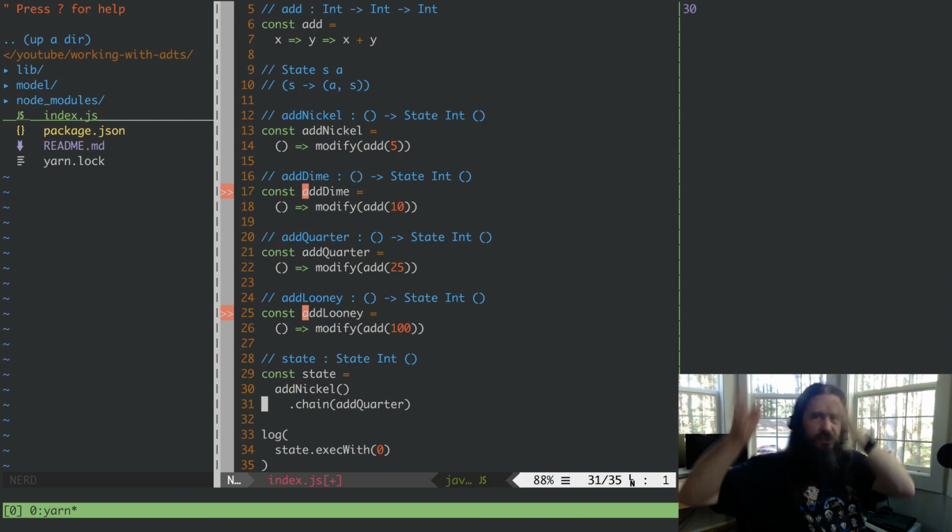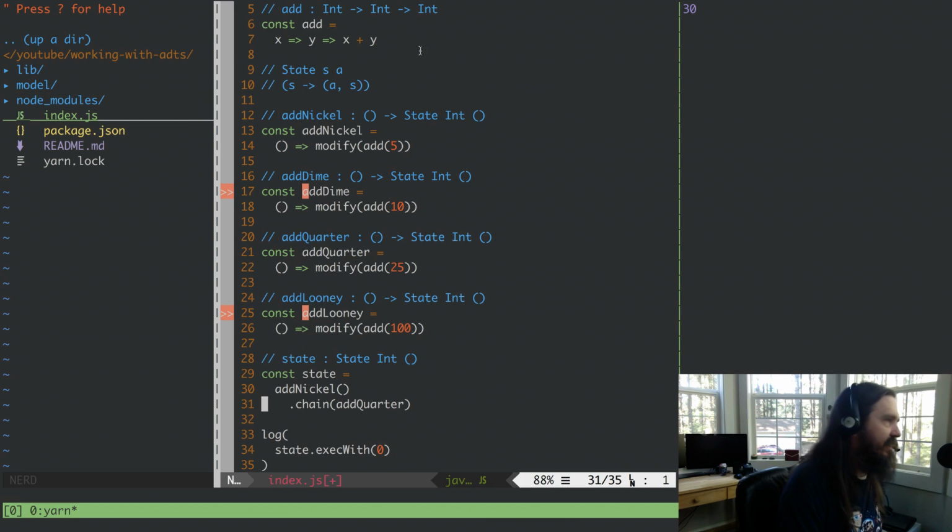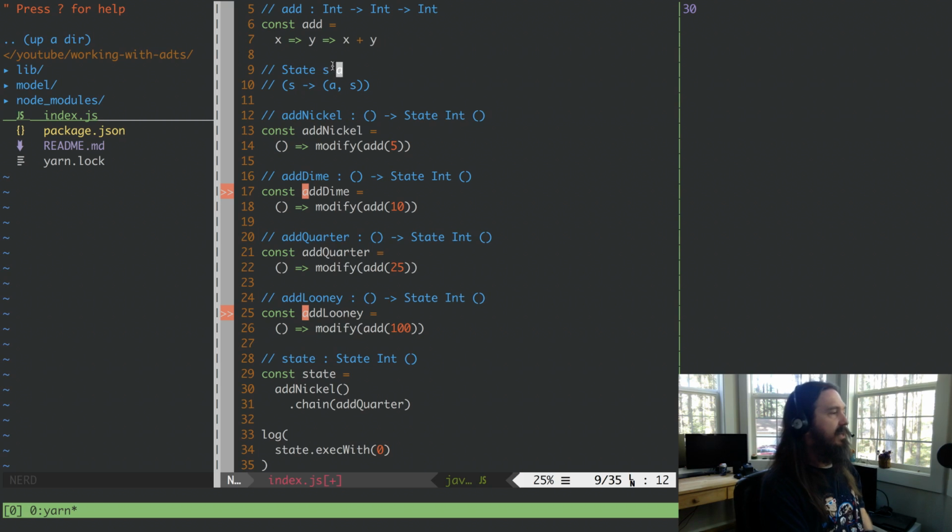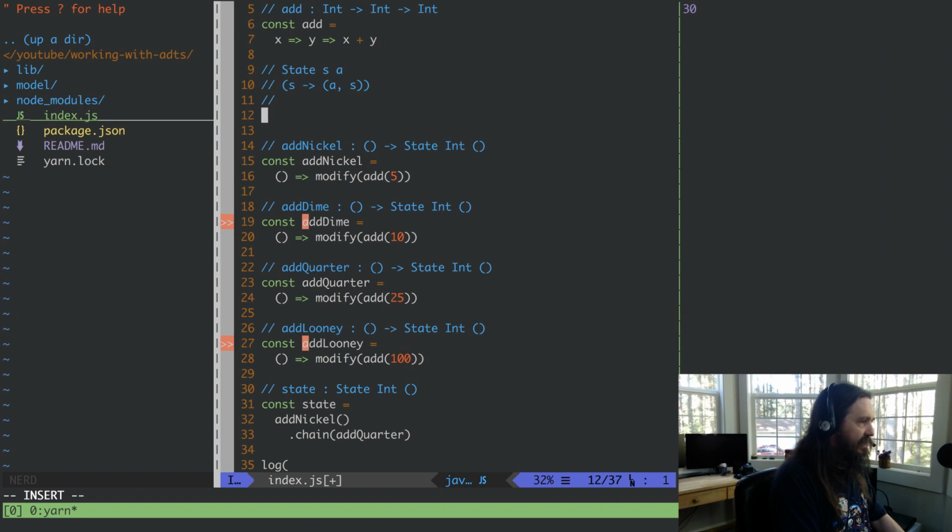Or to the right, depending, I don't know how the camera is. So we need this state to give us back something that is this, right? In this case, we have a state of integer, but instead of the unit coming back,